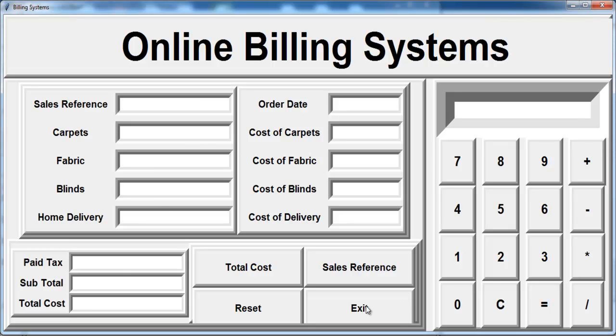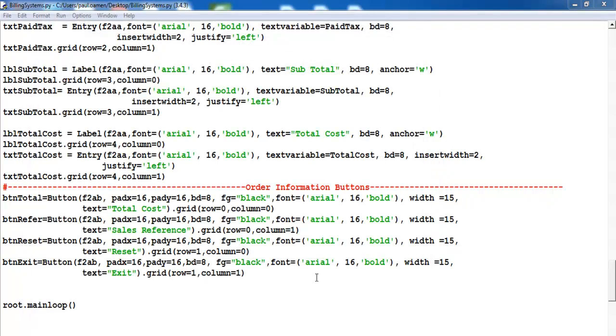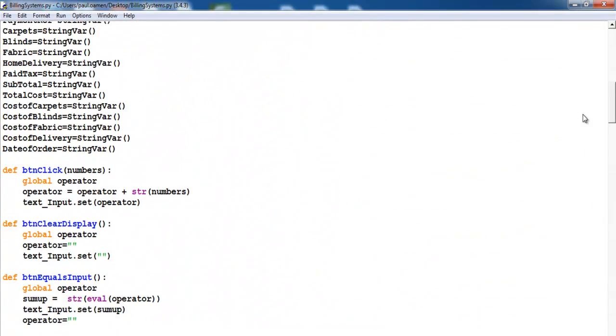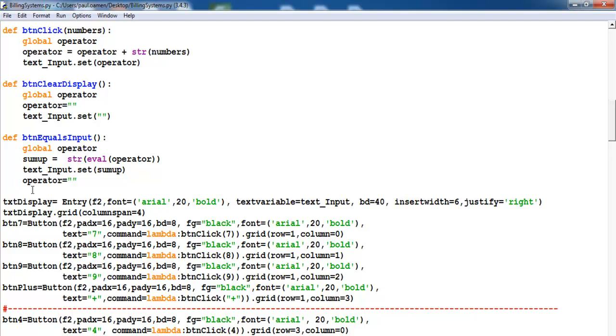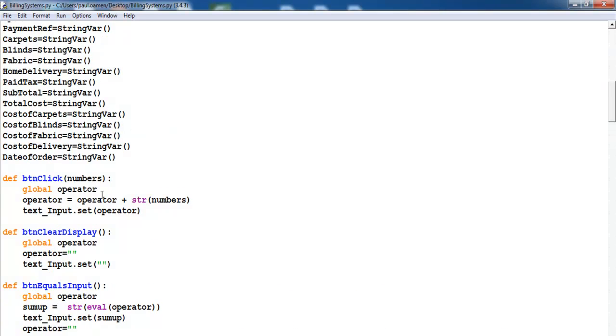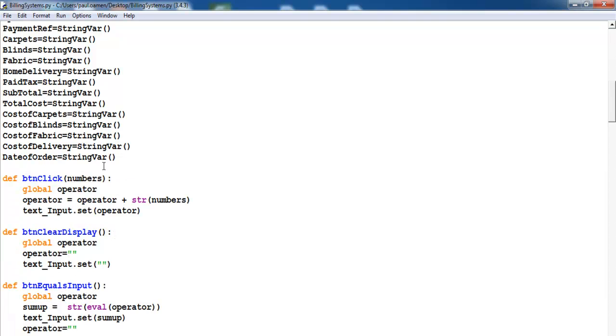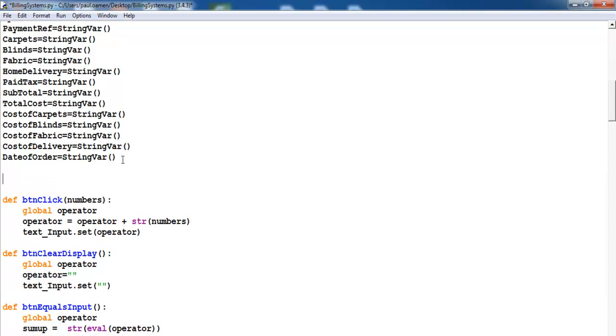I'm going to start by writing the function for this exit button, then followed by this very one, and this one, and finally the total. So let's take care of the exit button first. So we just need to write a function here. Might as well add all my functions up here just by where I have all the functions for the calculator. So let's put the exit button here. Okay, we define an exit,